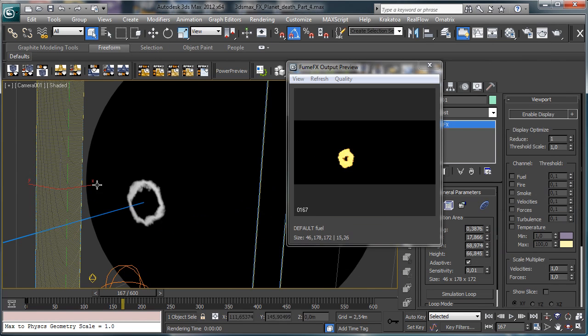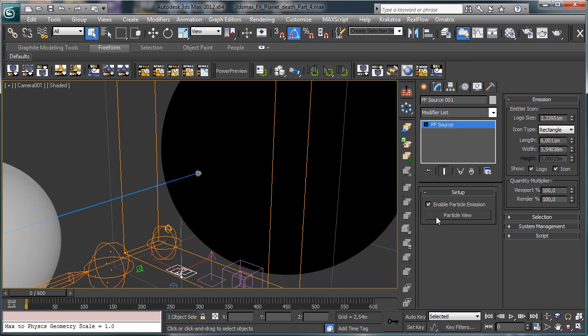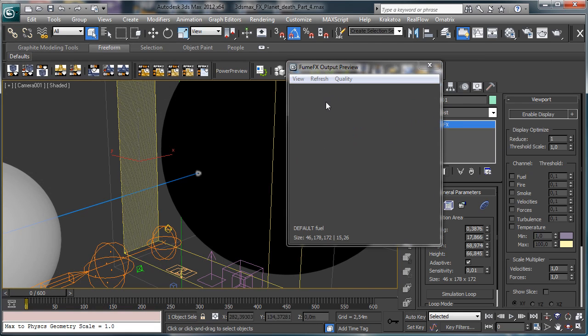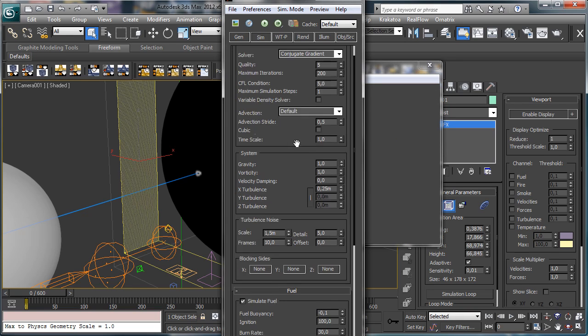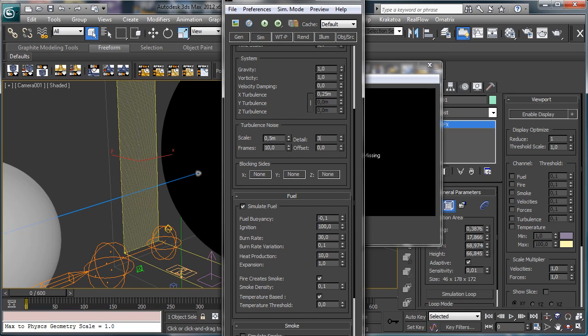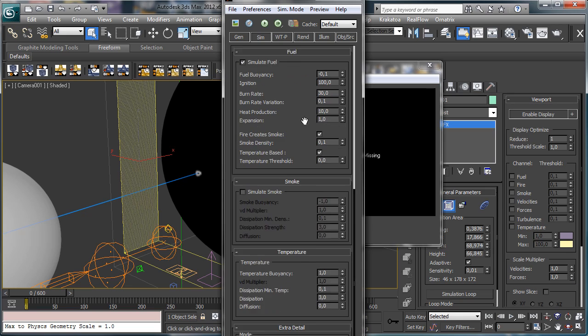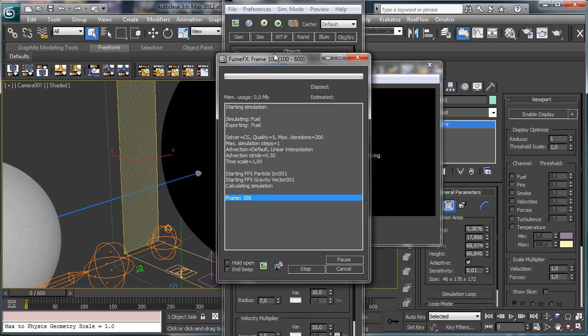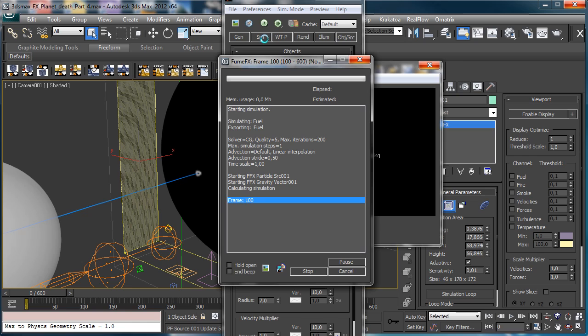Okay, we can try to do something like having more particles. Let's try with 300,000, and in Fume Effects we'll try to have a lower scale. Let's go for 0.5 with a little bit less detail, and then we have to go also there, and we use a lower scale there. Let's try with 7, and again let's try to make another simulation,